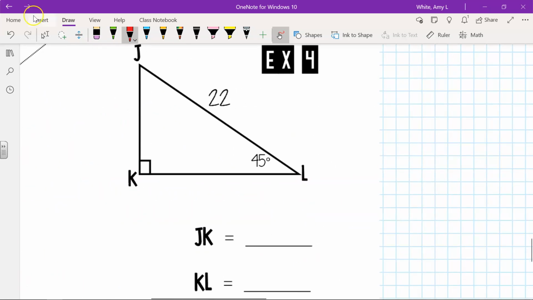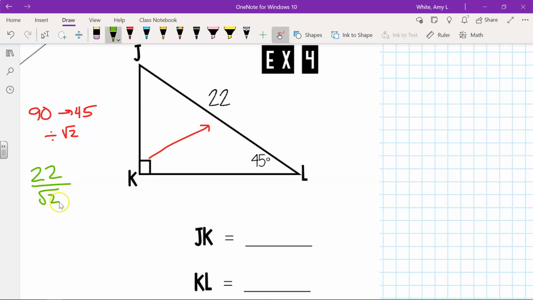Let's try example number 4. In example number 4, the hypotenuse is 22. I know that because it's across from my right angle. So if I'm going from the 90 to the 45, I should be dividing by square root of 2. So let's try that out. We've got 22 divided by root 2. Now in the previous video we went over this quickly, but I want to remind you, mathematicians do not like leaving a radical, like this square root of 2, in the denominator. The way we get that radical out of the denominator is by